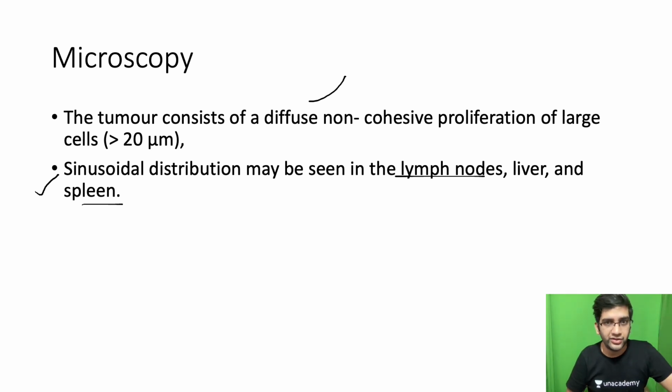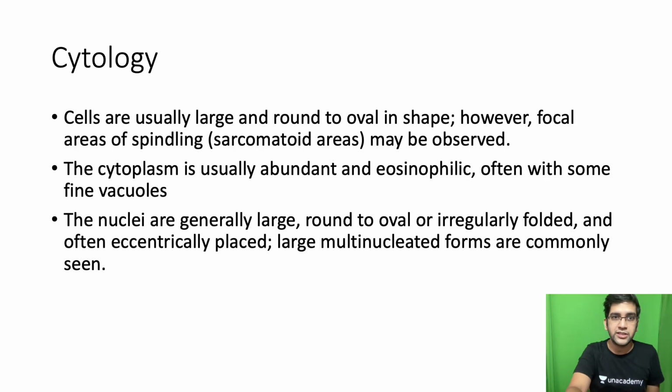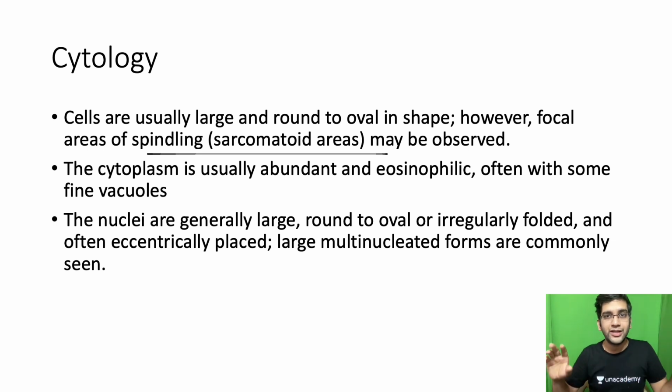Again, you'll have an effacement of lymph node or whatever tissue I'm going to take biopsy at. Fine. So when you go to the cytology of cells, do remember spindling is common. Though I have round to oval cells, we didn't have much of spindling. Though in the corner of the IHC of CD68 was a little bit spindle, right? That's where the CD68 was very good positive. So towards the corner, I had a little bit of spindling, but the main tumor mass had lots of large